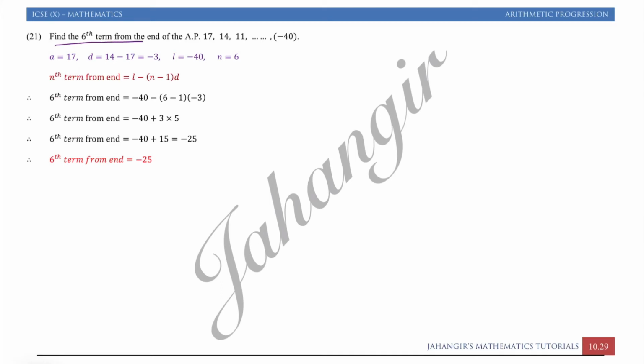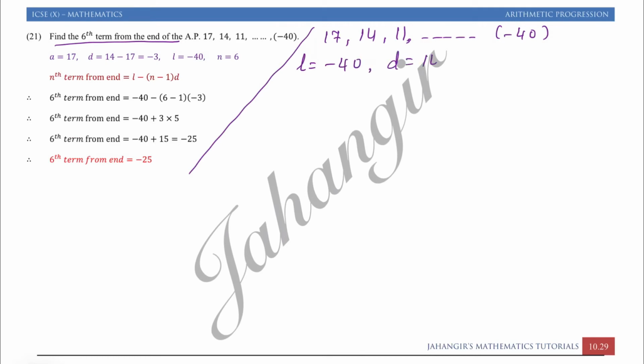Find the sixth term from the end. It's of the same type. So here my sequence is 17, 14, 11, dot dot dot, till minus 40. So my last term is minus 40. So I can write L is equal to minus 40 and the difference is 14 minus 17, that is equal to minus 3. So therefore I can write the nth term from the end